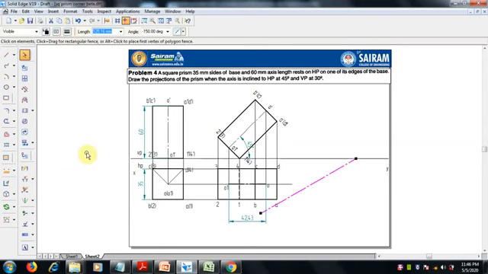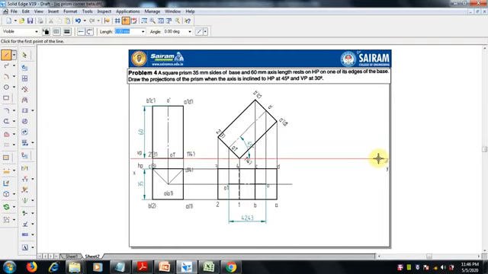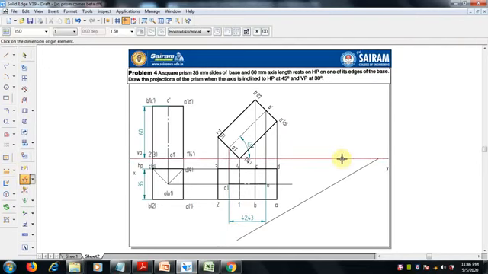Select line, thin line, 0.13 mm thickness. Just away from here, I will draw the 30 degree line. Extend the line, and check it first before drawing. Okay, this should be 30 degree. Yeah, 30 degree is there.